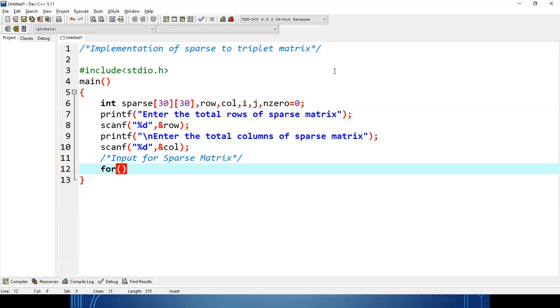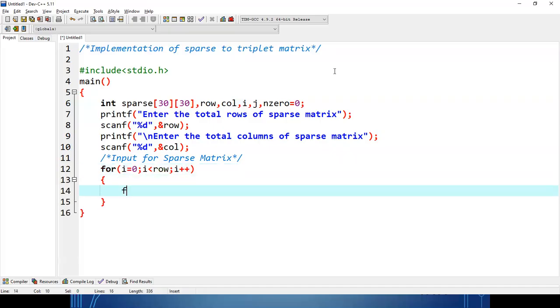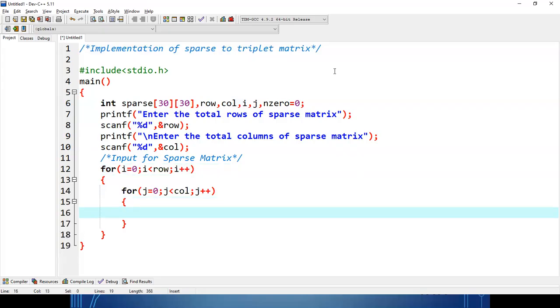Okay. So i equal to 0, i less than row, i plus plus. Similarly, j will start from 0, j less than column, j plus plus. Okay. We'll ask the user to enter value.